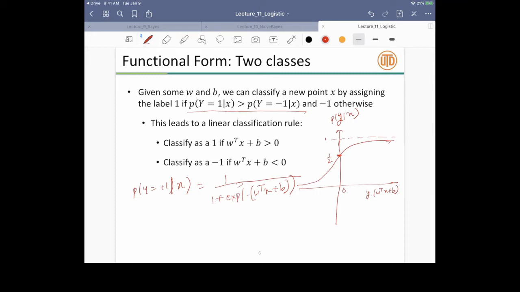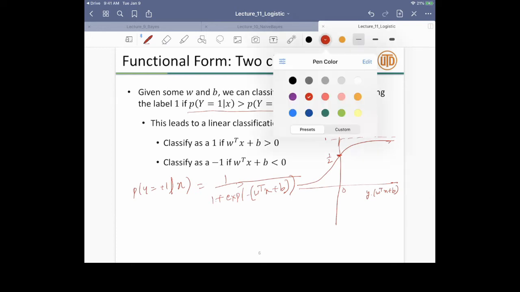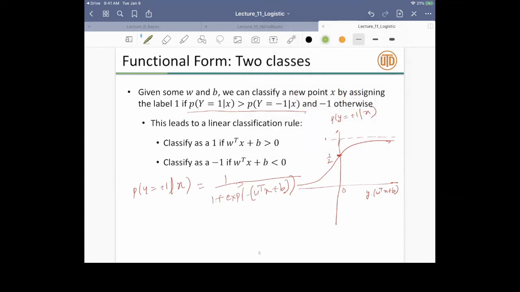So this expression is p of y equal to plus one given x. Similarly, you can compute the other way around. It will look something like this. So this is p of y equal to minus 1 given x. Let us write this down: p of y equal to minus 1 given x is 1 over 1 plus exp raised to w transpose x